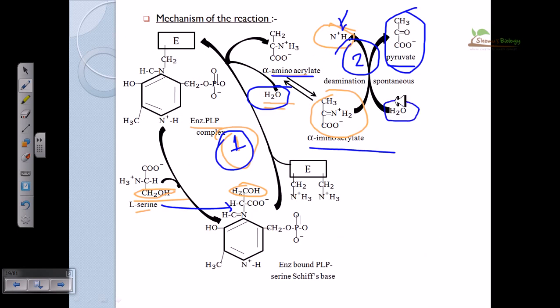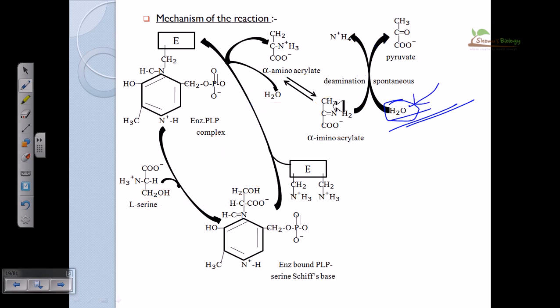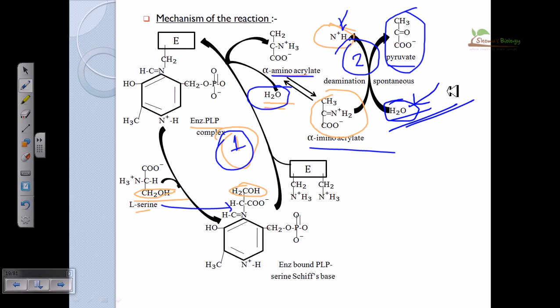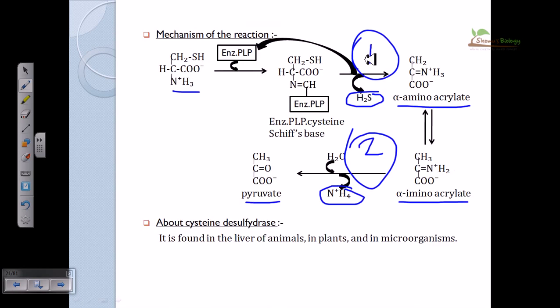Again, in all these cases this remains the same, I just bypassed this step. In the first step it will generate water, in the second step it will generate ammonia, but in the second step it needs the water. First step generation of water, second step needing of water, production of ammonia. That's the side reaction steps.